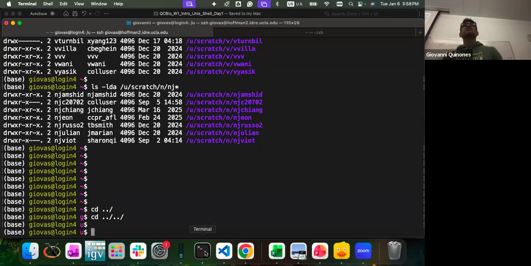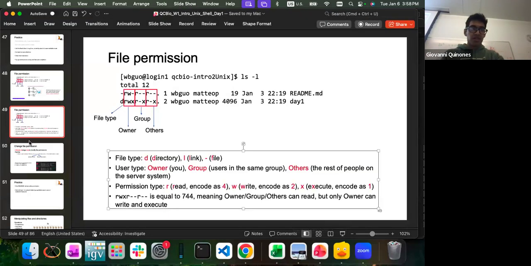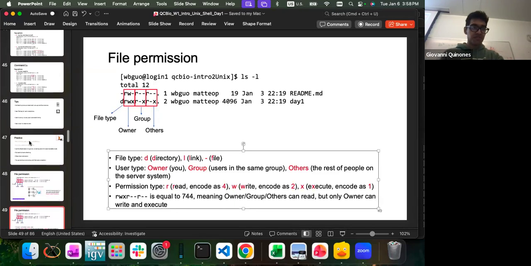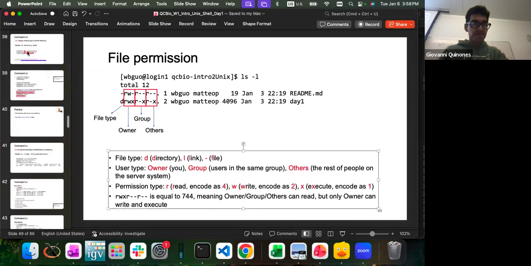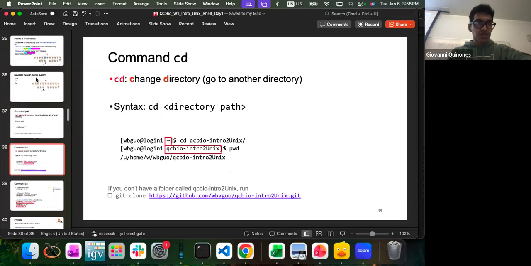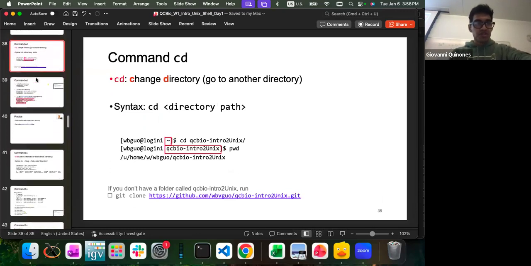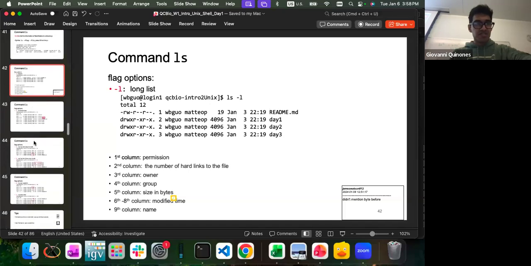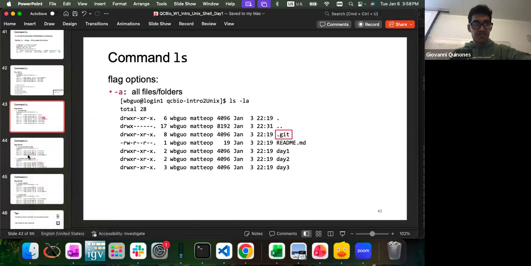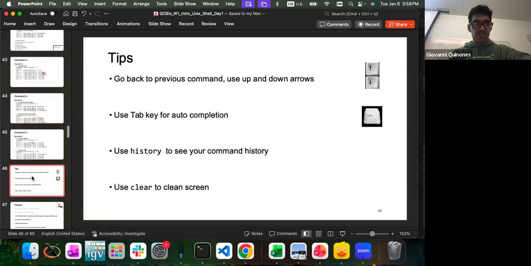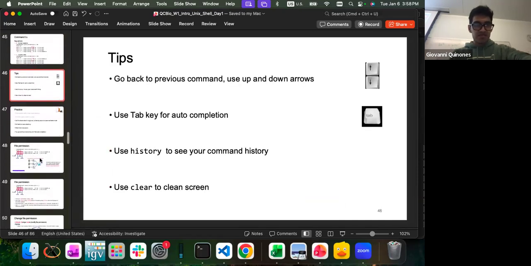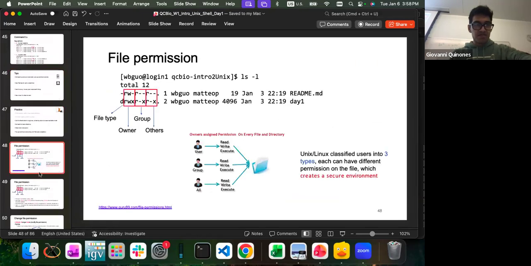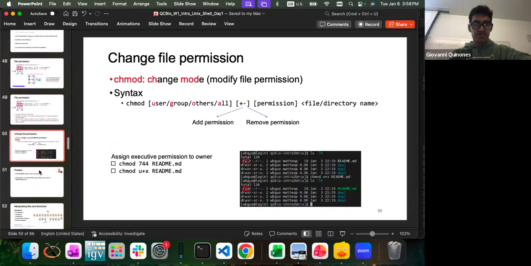Any questions so far? Okay, so I think we've done pretty well. We've done, let's see, listing, manipulating files, ls, permissions.